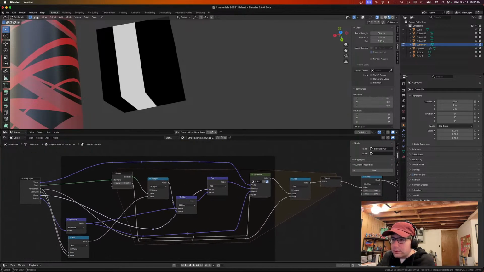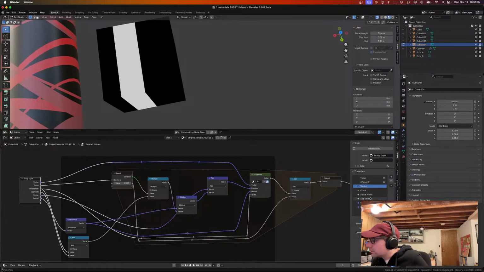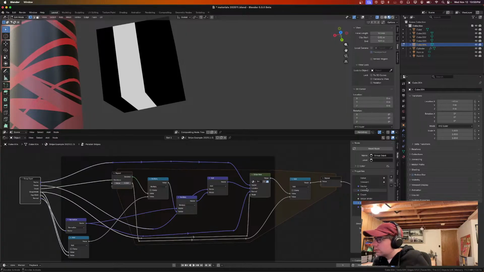And I'm gonna just shuffle the order around here. So, because I have vector location normal width, and we want vector location normal width, and then